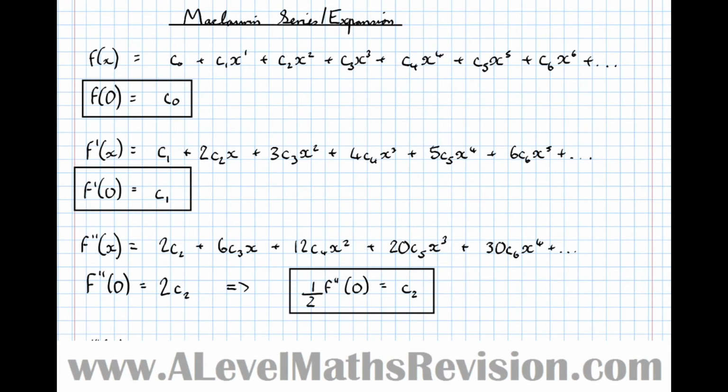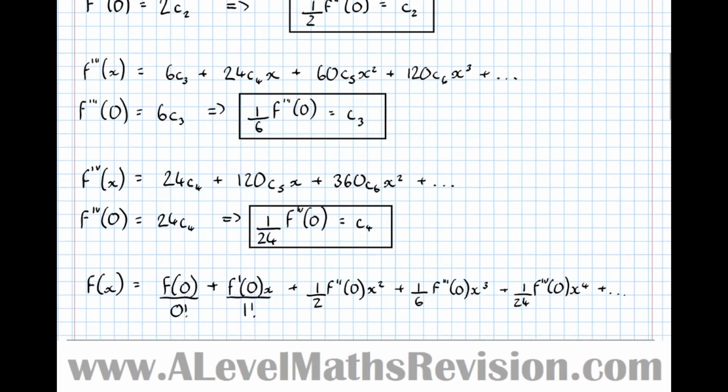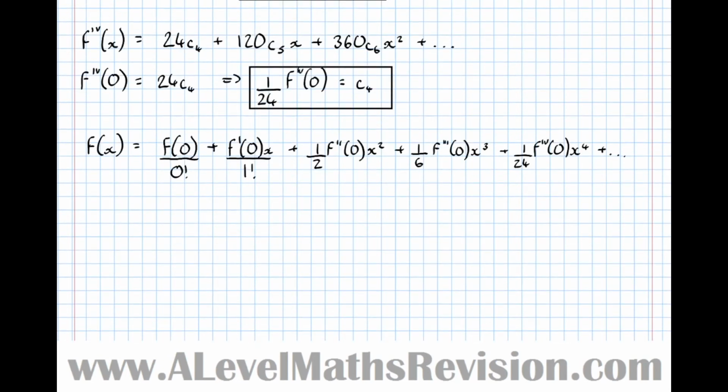Differentiate it again, times by 1, so it's been times by 3, 2 and 1. Similar, this one here, first differential we're going to times by 4, then it becomes an x cubed. Next differential we're going to times by 3, next differential 2, next differential 1, etc, etc. So that explains why they're the factorial numbers. So we can actually write this more compactly in a second, but first of all,